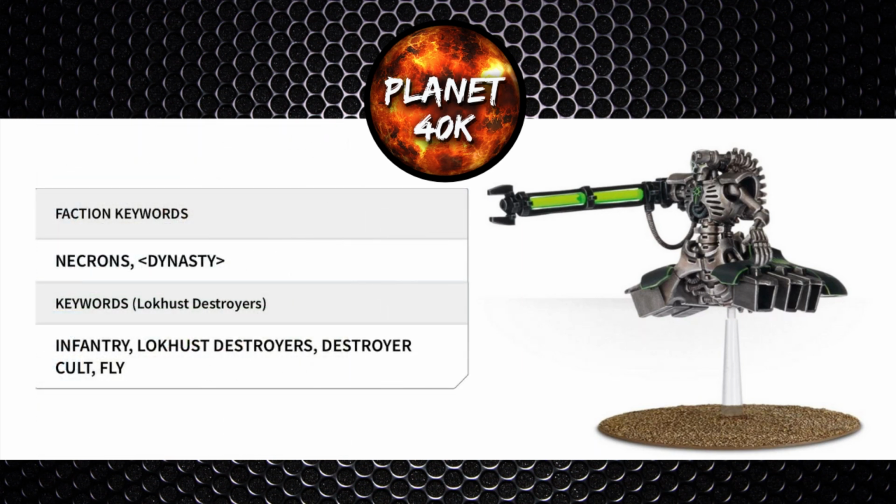So the Locust Destroyers come with the following keywords. They've got the Dynasty keyword going into any dynasty, they're an infantry, they're a Locust Destroyer from the Destroyer cult, and they can fly. So being a Destroyer cult will interact with Destroyer HQs as well as stratagems within the book, and even though they're on a floating platform they are considered as infantry units, so will benefit from terrain and other infantry only